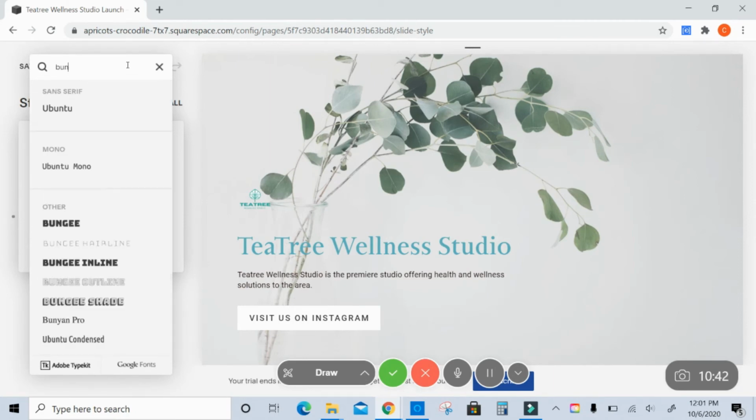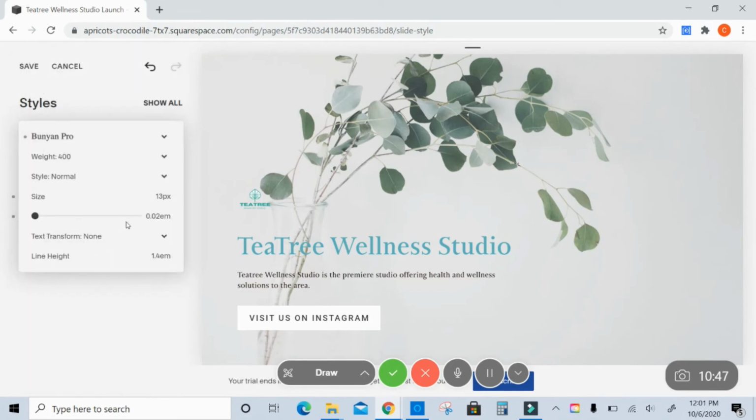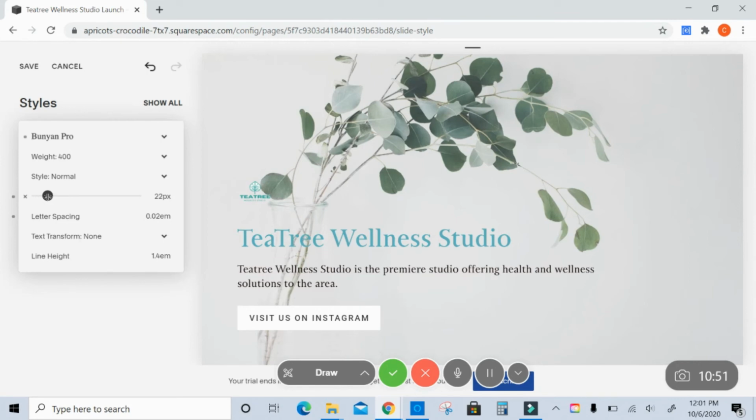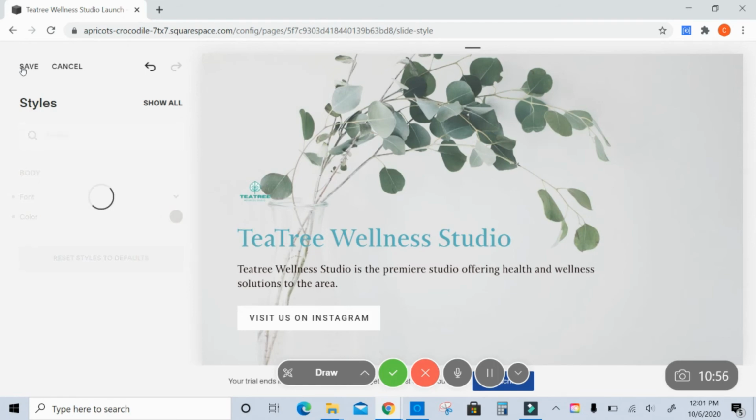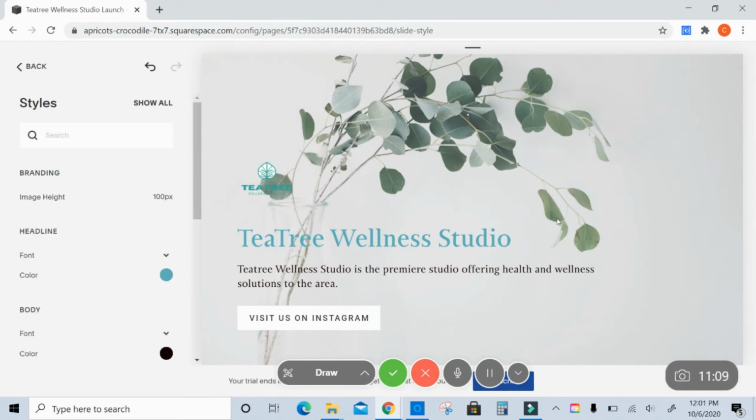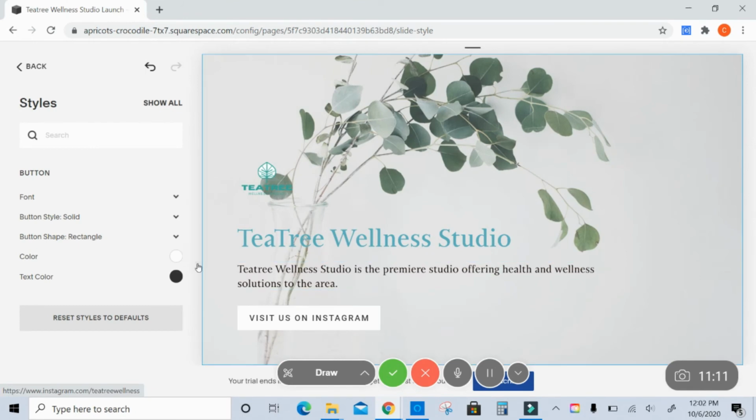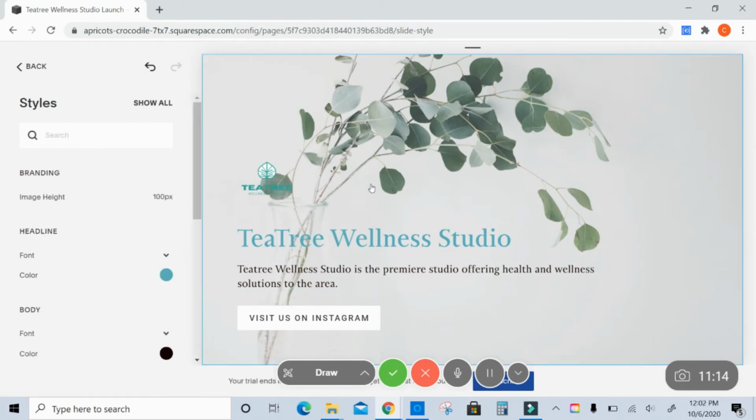I believe, and use the same font, guys. It just makes it easier going through. All right, so we'll make this a little bigger. Cool. Once you do that, it's super, super easy. I'm going to make my logo a little bit bigger too. You can see it. Okay, awesome. All right, so now that I'm looking at this, I actually might want to change this